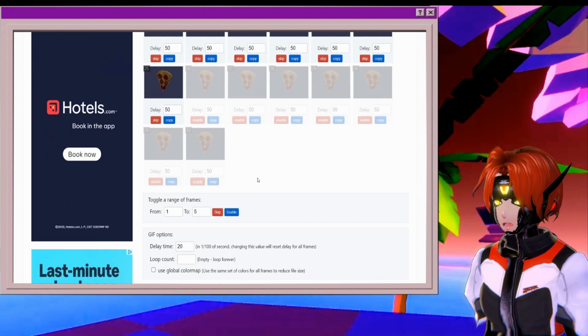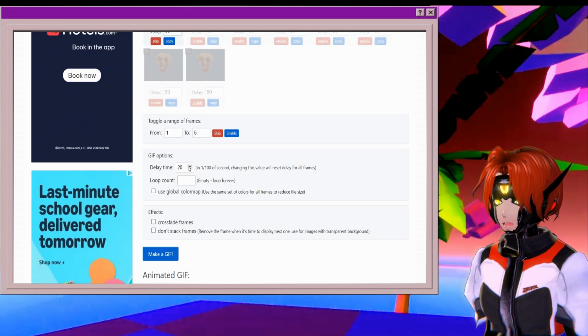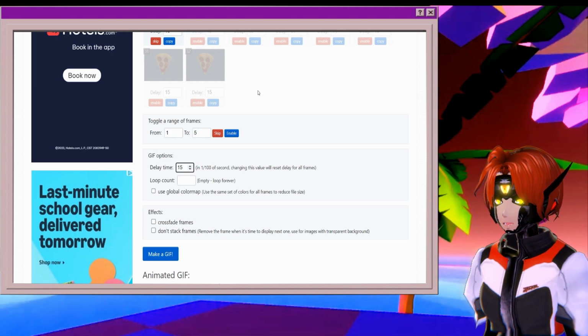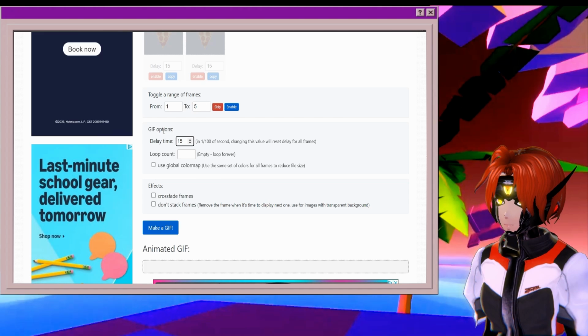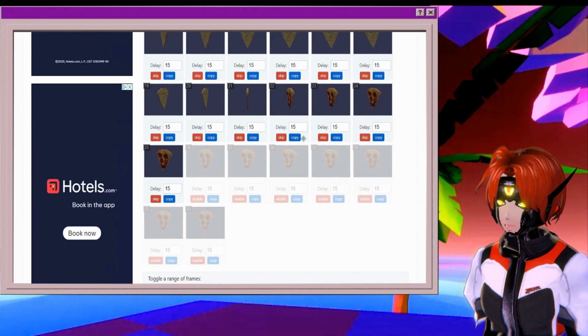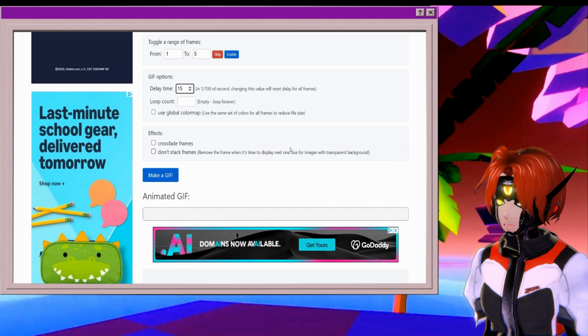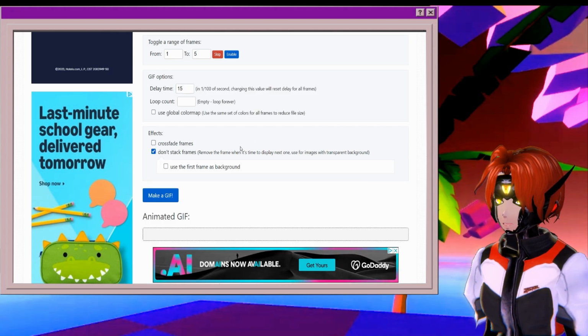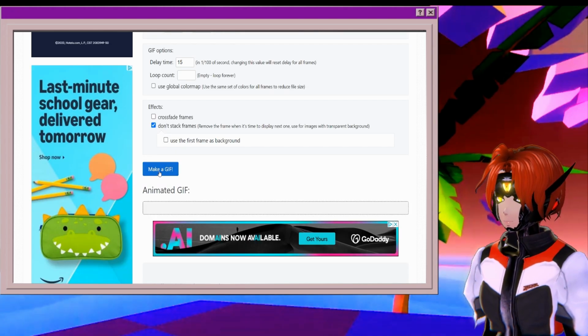And then for the delay time, let's set it to, it might be a little fast, so I'm going to set it to 15. And that will, when you edit this, change all the stuff for these up here. So don't worry if it's default 50, because you can change that for all of them. Don't stack frames, just to keep it from,